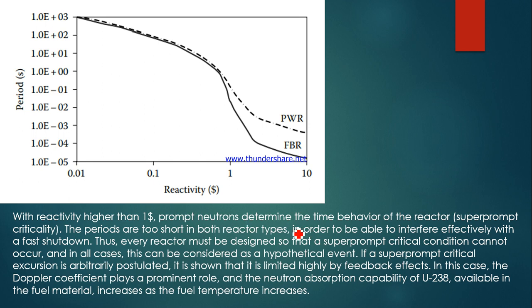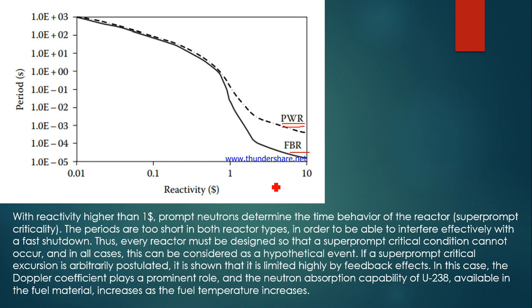So then the prompt neutrons determine the time behavior of the reactor, which is called super prompt criticality. The periods are for both the case in light water, pressurized water, pressurized heavy water reactor, or you can say thermal reactor and FBR, fast reactor. So the time period is